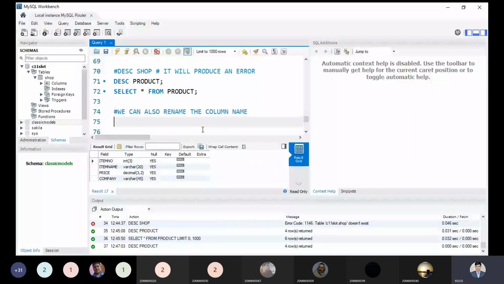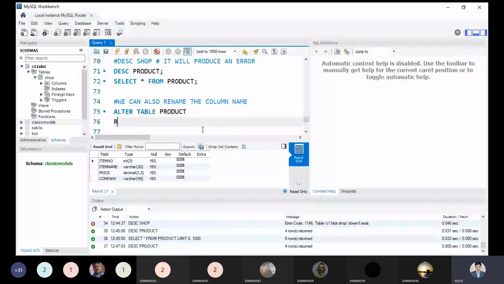So what is the syntax? We are trying to change the physical schema. So ALTER TABLE, and what is the table name? Now it has been changed to product. So ALTER TABLE product, and RENAME is a keyword which is applicable only to renaming the table name.